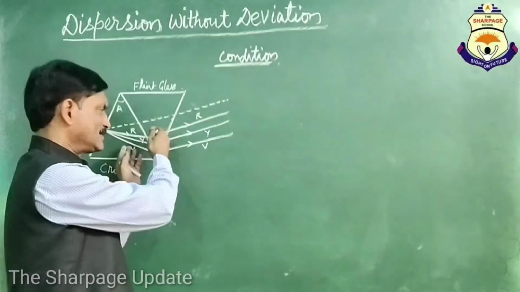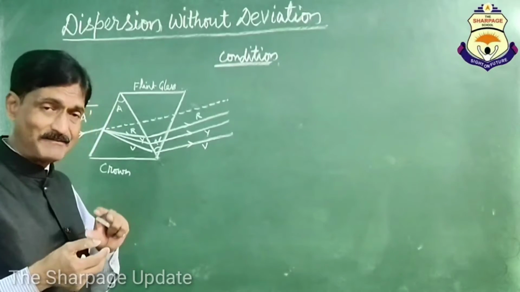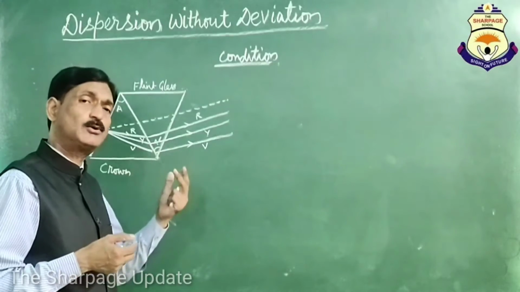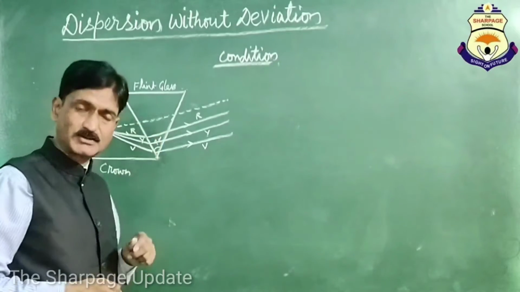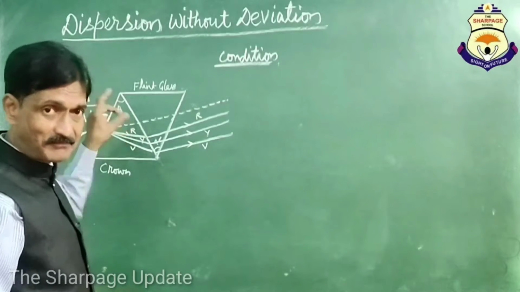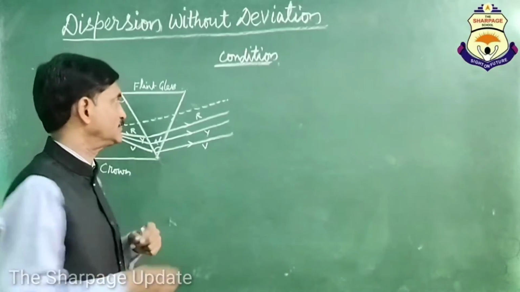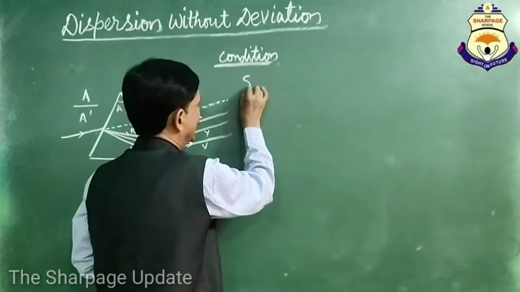Now friends, as you can see here, dispersion occurs, but the deviation is 0 by the combination of these two prisms. So let the deviation by the first prism, that is, the deviation through the crown glass prism, be represented by